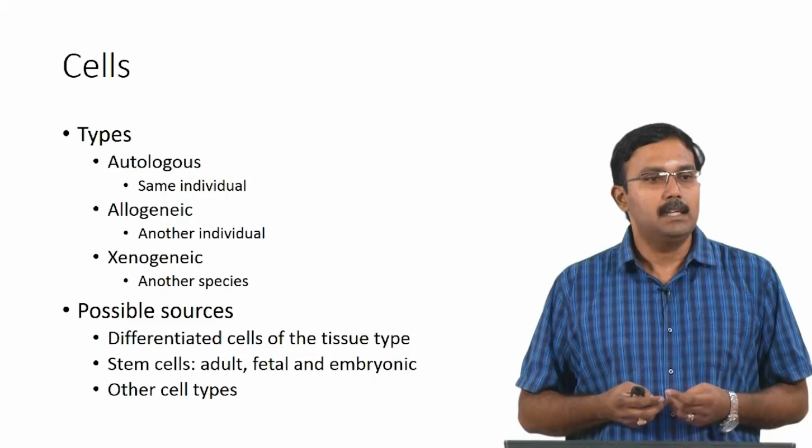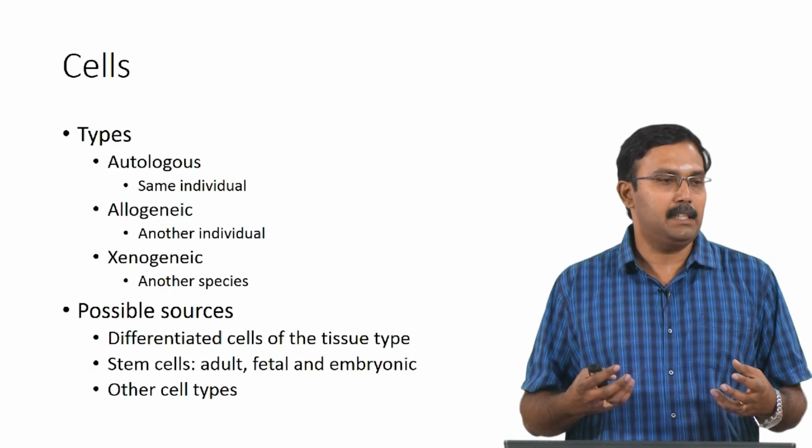It is important for us to know what types of cells are being used, where we can get them, how we can harvest them, and whether we can culture them to get more number. Because we might not be able to get enough numbers just by isolation from host tissue. We might have to culture them. It is important for us to understand all these concepts. We will first start with the source of cells.